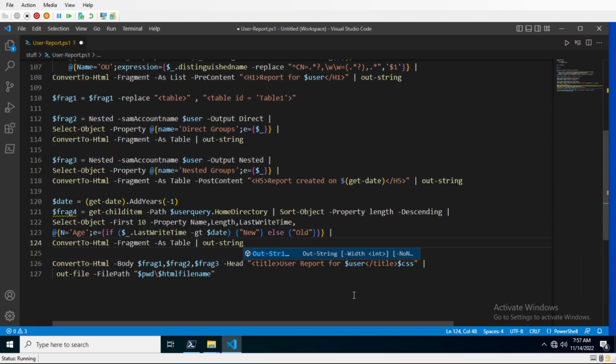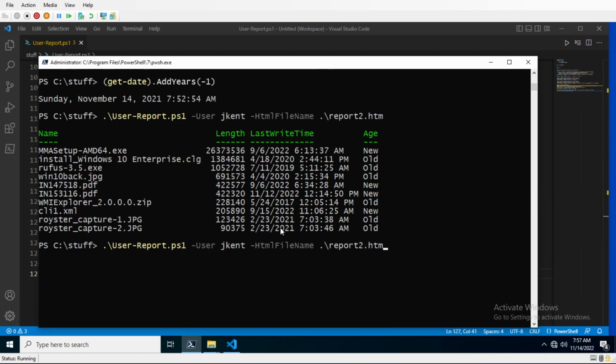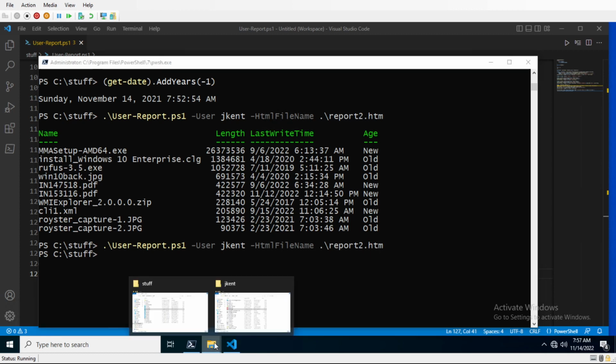Now, what I need to do with this table here is what we're going to do is where we see this, let me first of all go ahead. Let me run this. So let me save this. And we're not quite done with it yet, but I just want to run it so I get an HTML file. Okay, so let's do report to. Okay, and if we open that up,